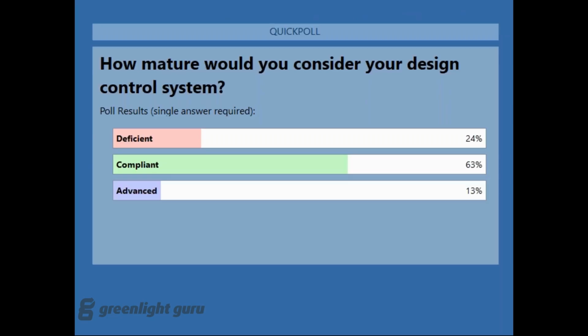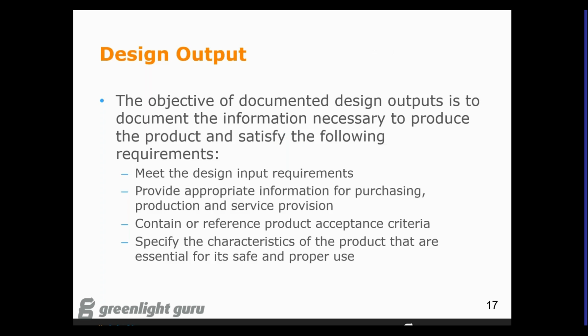Okay, thanks everybody, I appreciate that. But I think that is indicative of my experience, and not very many people have gone to that next step. So the next part of it, so we've got the inputs. Now moving on